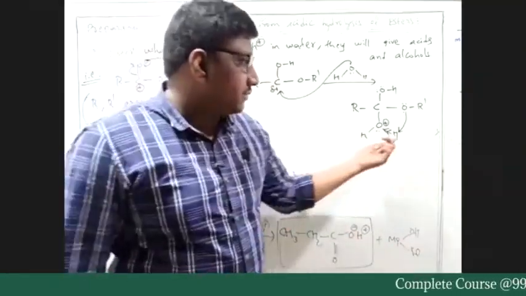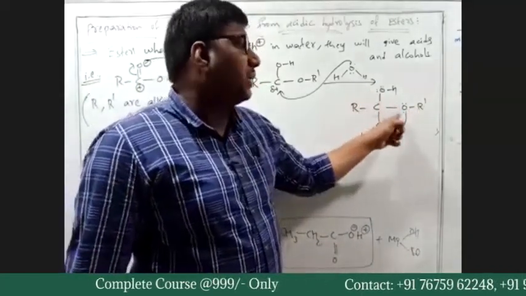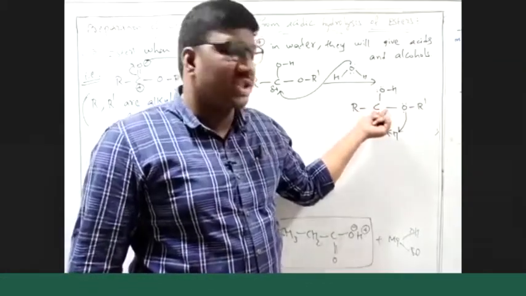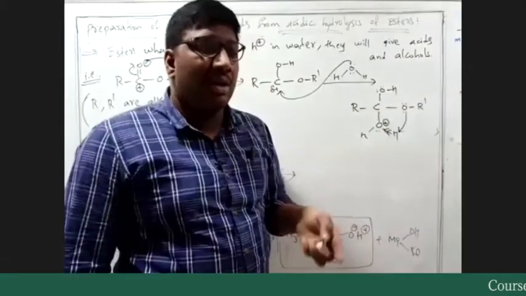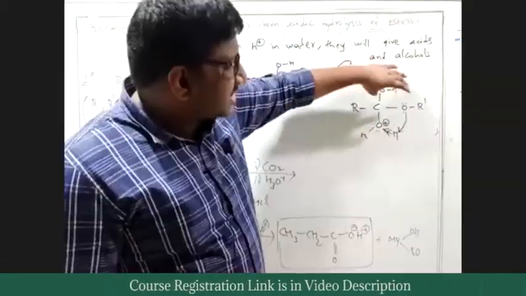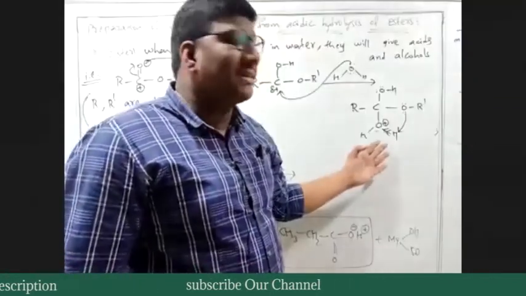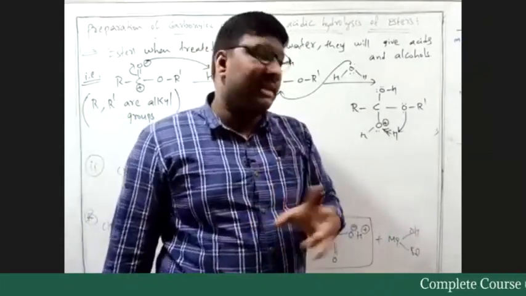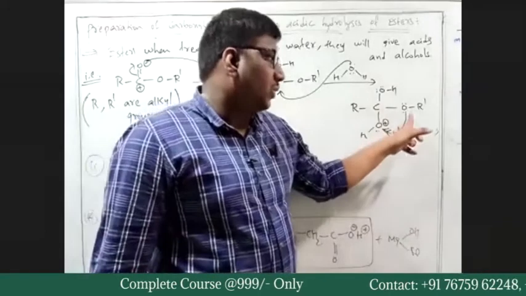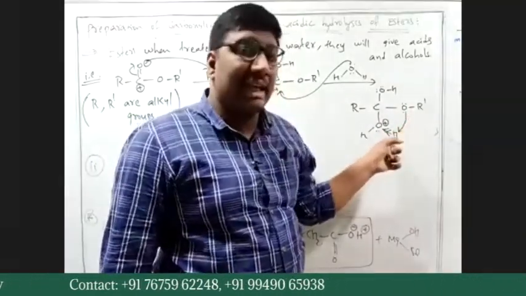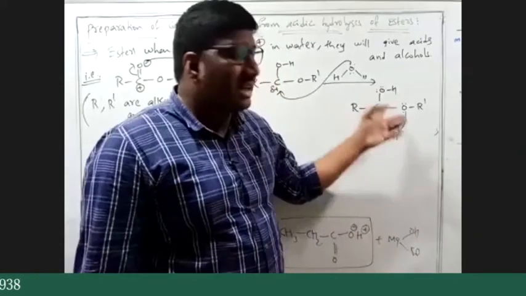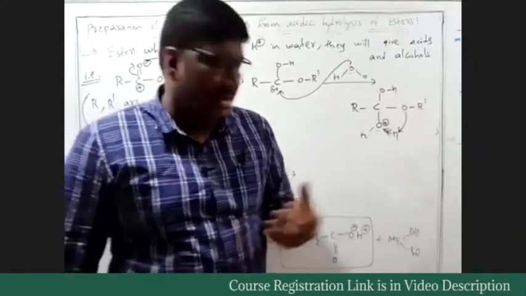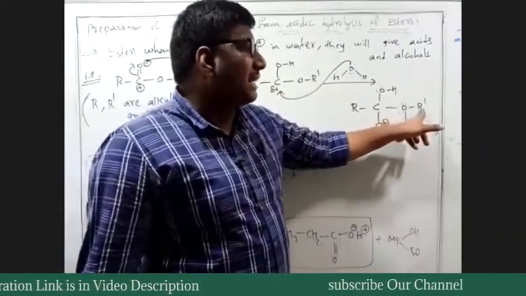When will that be broken? We have two possibilities here. We have OH and OR. From the OH, as this carbon is tetrahedral, why am I talking about the shape? Because few students will think that this OH is somewhat upward, so it cannot attack this hydrogen. No, the shape of this particular carbon is tetrahedral. There are both the possibilities. Both this OH can attack this hydrogen and this OR can also attack the hydrogen. But you cannot explain that based on the distance, because all are at comparatively the same distance in a tetrahedron. But what matters the most is this alkyl group R dash.